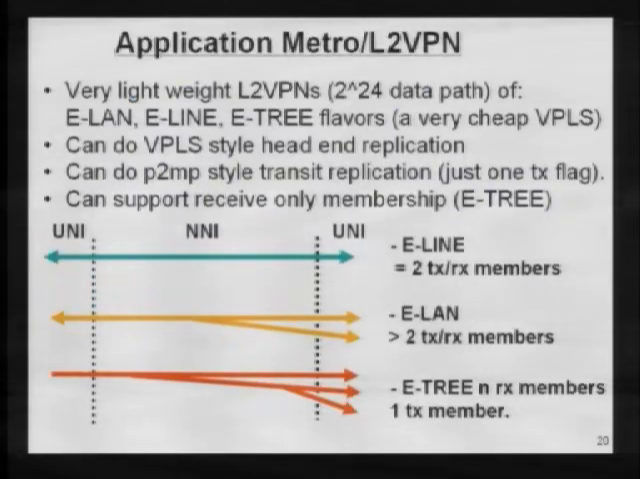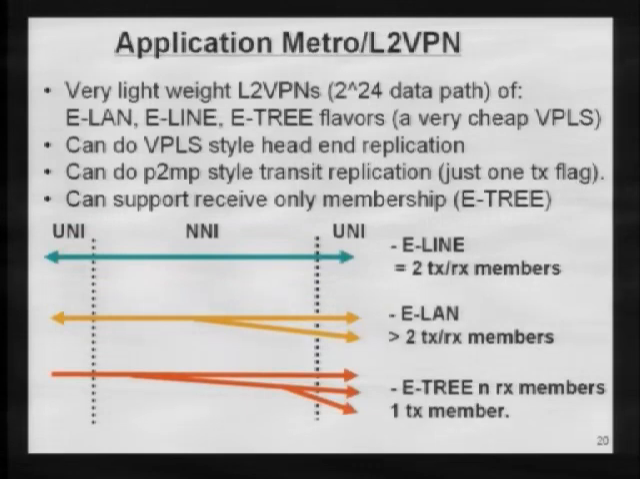The Metro, where the layer 2 VPN is a major component of building up a metro, where you either provide ELAN, E-line, or E-tree type services. So you can think of 802.1aq in this context as a very cheap form of VPLS. It can do VPLS style head-end replication, where it does serial unicast to replicate packets, or it's able to do the point-to-multipoint style transit replication just through calculation. So it's a very, very lightweight way to do what VPLS plus point-to-multipoint RSVP-TE and so forth are doing